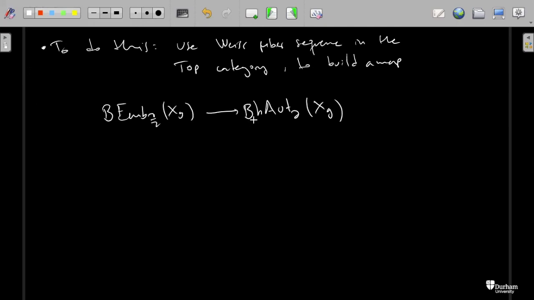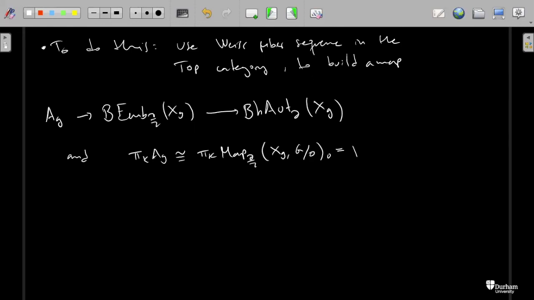And the homotopy fiber of this map, let me call it something like AG. One can show, using surgery theory and something called the Morlet disjunction theorem, that pi k of AG is isomorphic to pi k of some mapping space, some kind of normal invariants space, Xg to G mod O. If you don't know what this actually means, don't worry too much. The only thing you have to know is that these are finitely generated groups, because the homotopy of this space is all known, right?